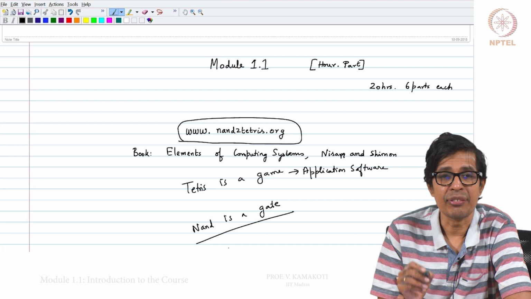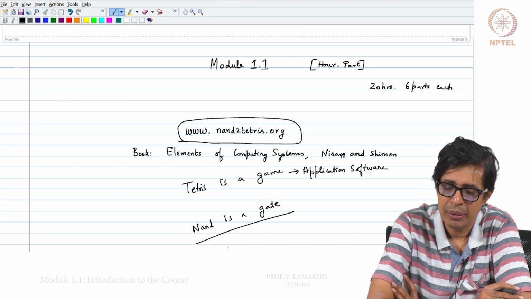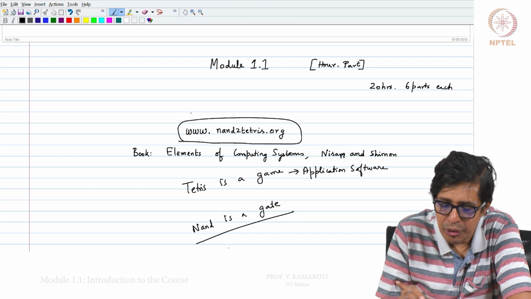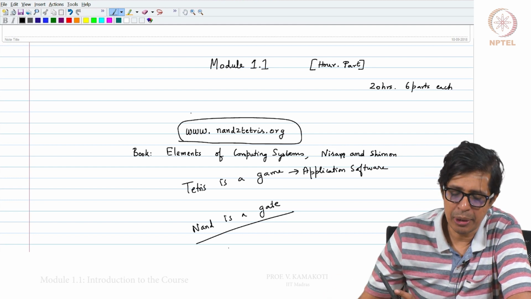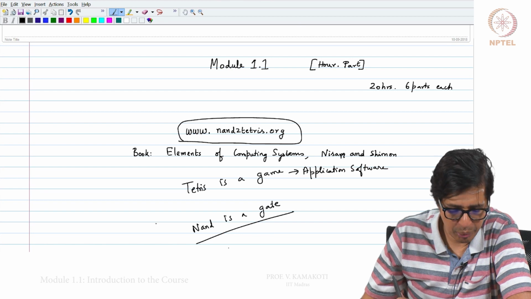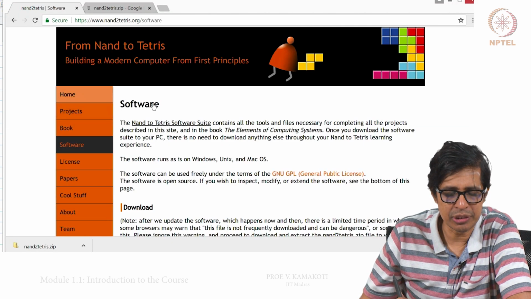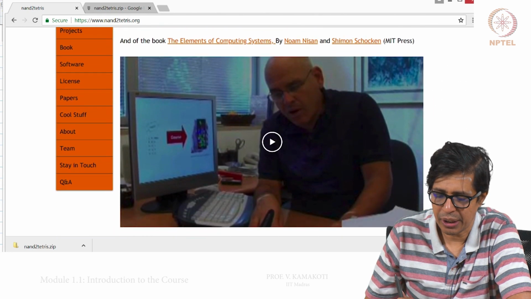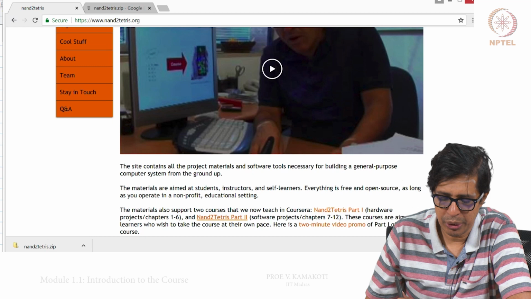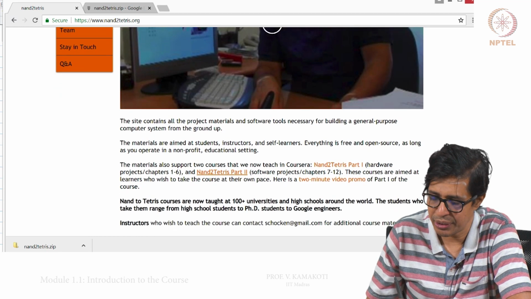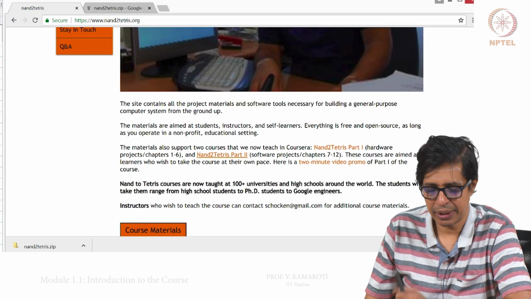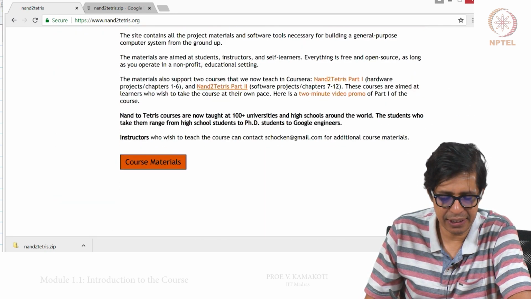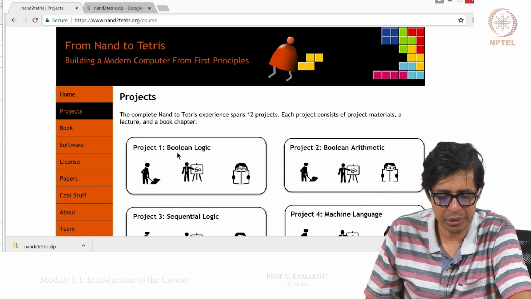In the first part of the first module, I will be introducing you to this website, www.nand2tetris.org. If you go to this website, this is the home page and you can see a window here which basically explains the entire book. It also has course materials here.